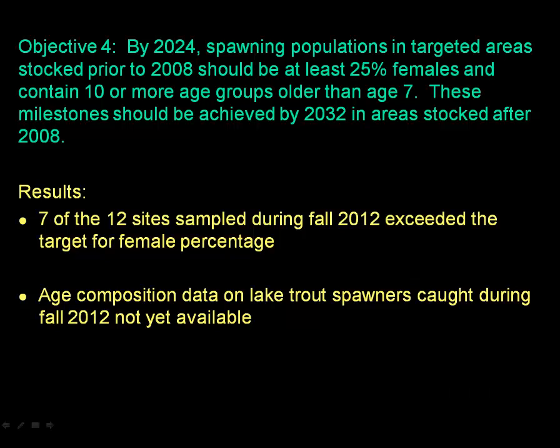The fourth objective is to, by 2024, have spawning populations in targeted areas stocked prior to 2008 be at least 25% female and contain 10 or more age groups older than age 7. In places that were stocked after 2008, this should be in place by 2032. The results of this are 7 of the 12 sites sampled in the fall of 2012 exceed the target